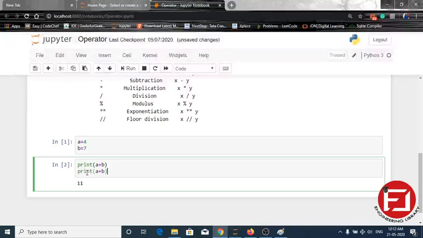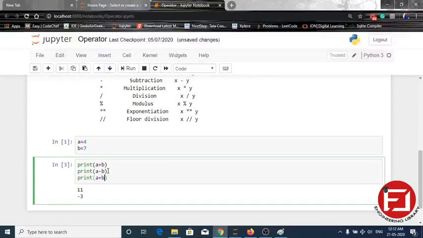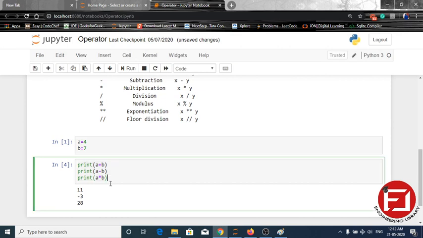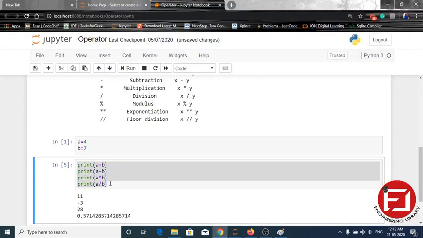Now print a subtraction b, meaning 4 minus 7, it will be negative 3. Yes, correct. Now multiplication, 4 into 7, 28. Now division, normal division, not floor division. So what will it return? 4 divided by 7 will return 0.5 something, here 0.571.